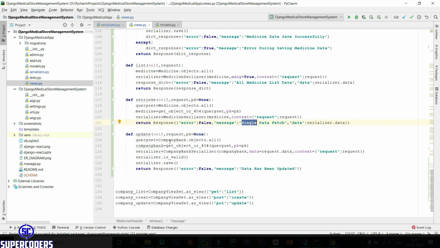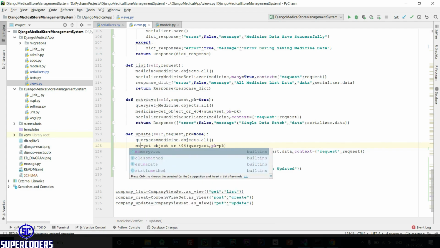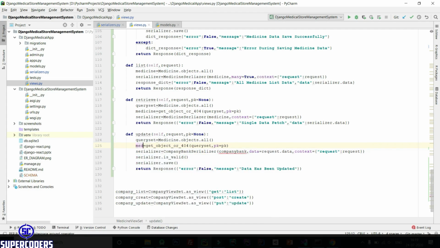Now in the update method, change this to medicine, and here medicine, and change this to medicine, also change this to medicine serializer. So it's done.